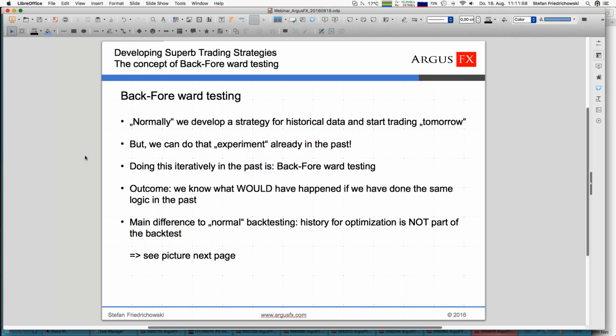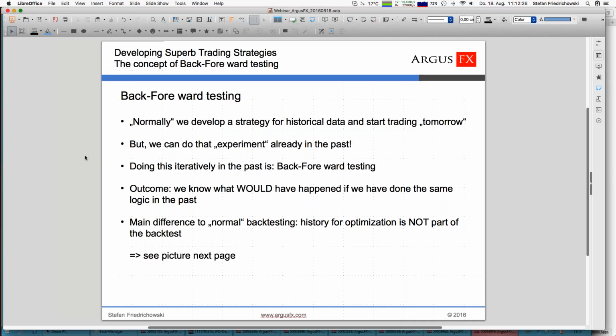Because why not, if you think we have done our DAX strategy for the complete history which we have had, why not stopping the history, for example, in the year 2010 and only going for the optimization process until 2010